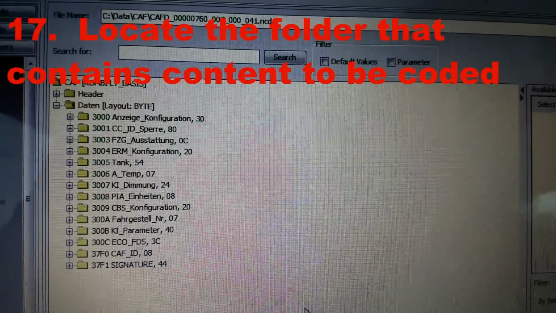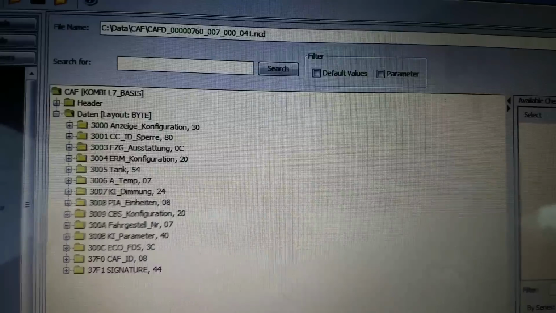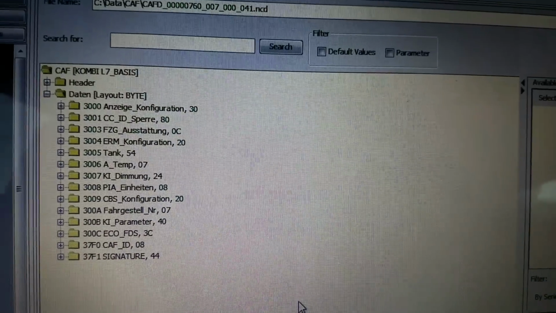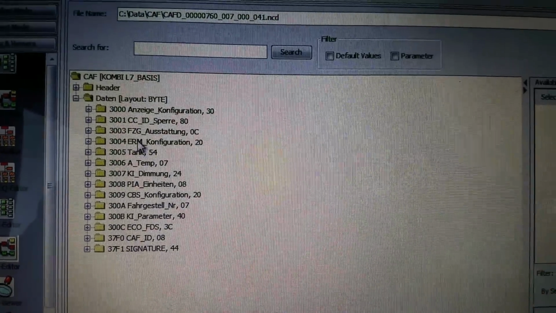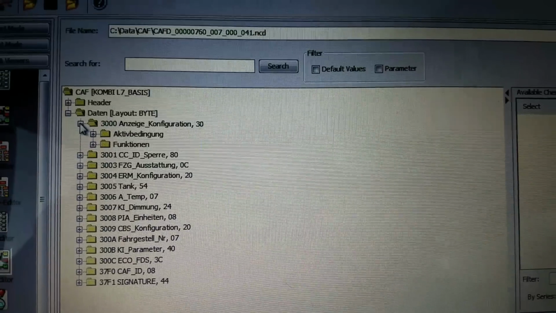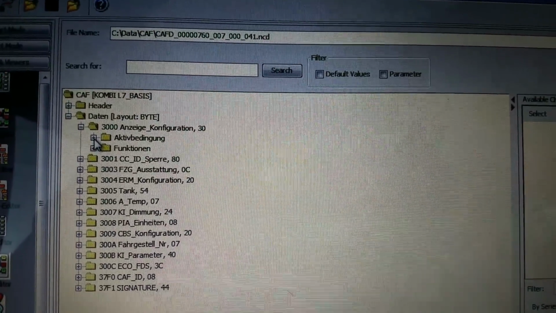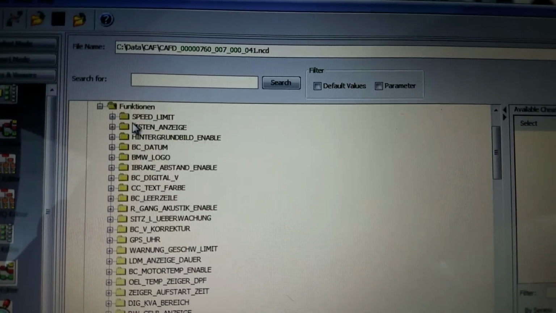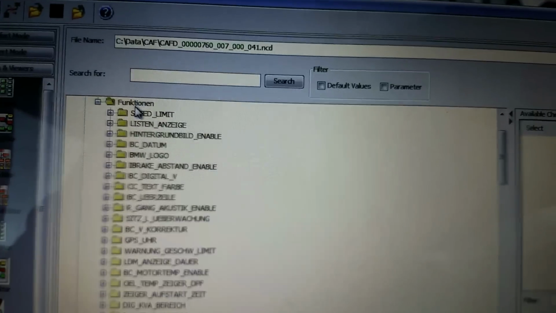You can use the search field if you have something that's a little kind of off the wall, and just click a folder that you're searching for so that you can find the parameter that you're looking for. If you already know what you're looking for, like I know I'm looking for number 3000, I can pop that open and I'll see some folders here, okay? And I'll be able to open function because this is what I'm looking at. I'm looking at the actual